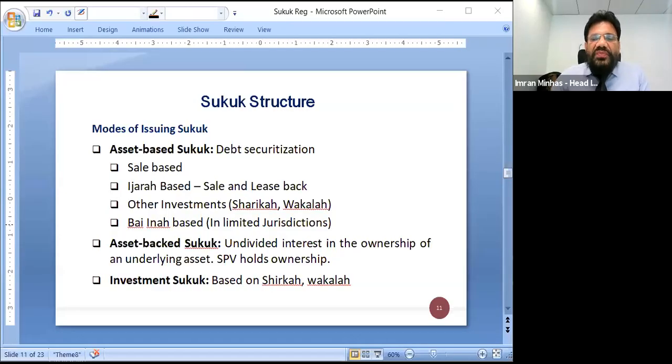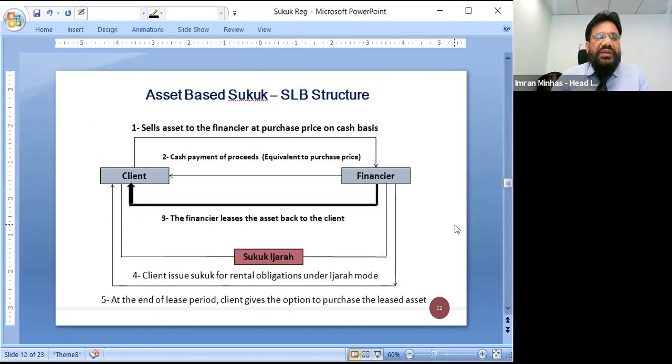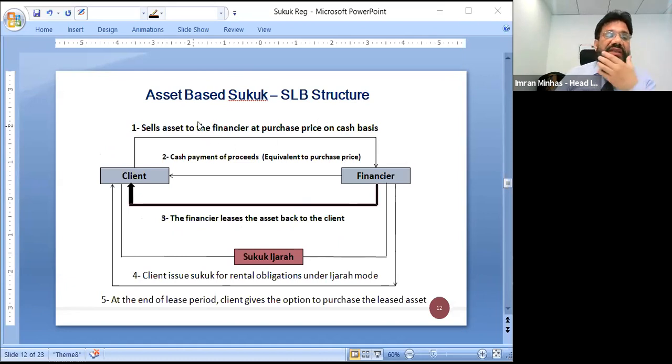Investment Sukuk. Okay, so AAOIFI has defined different investment Sukuk in different ways, and I think you've been imparted that session previously. So what are the asset-based Sukuk? You see, under the asset-based Sukuk structure, if the seller, the originator, has an asset and he wishes